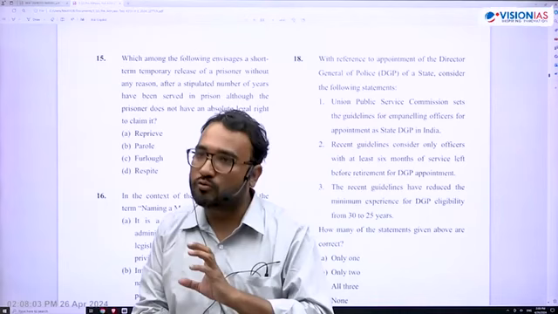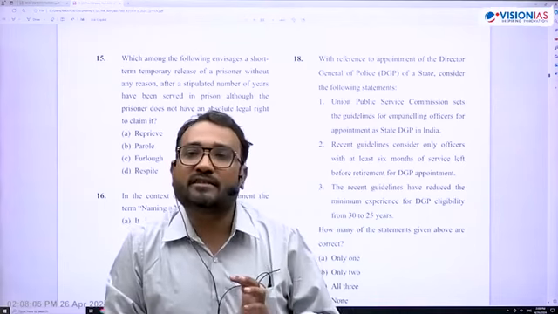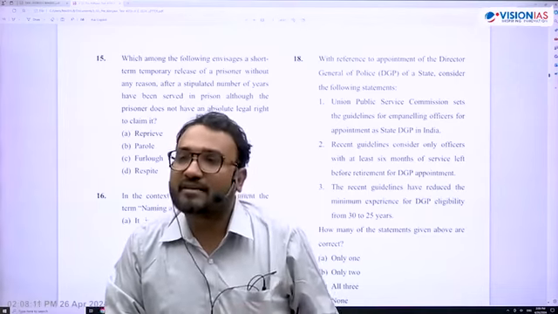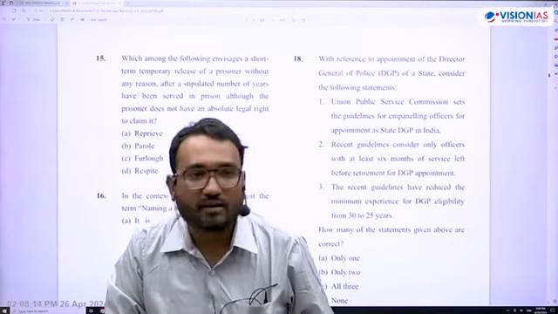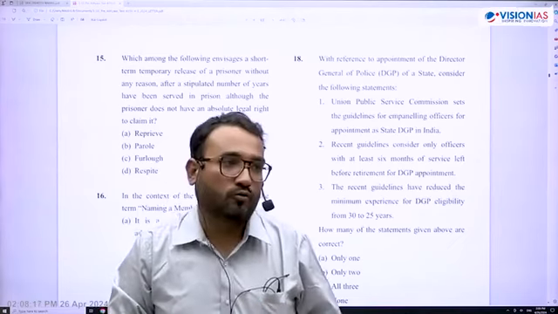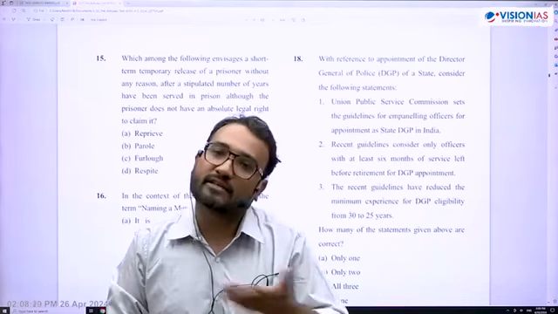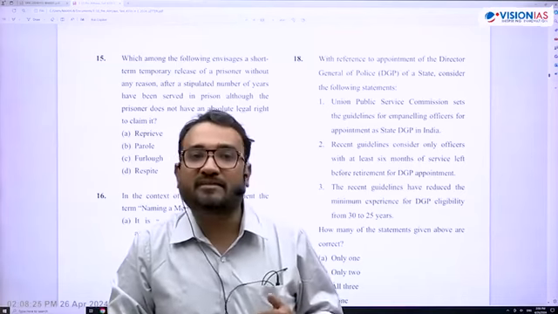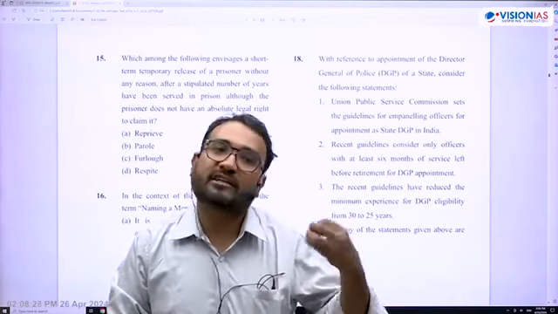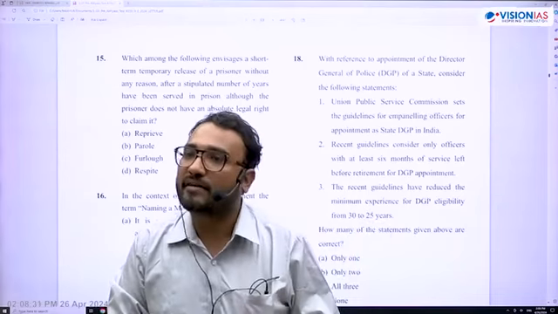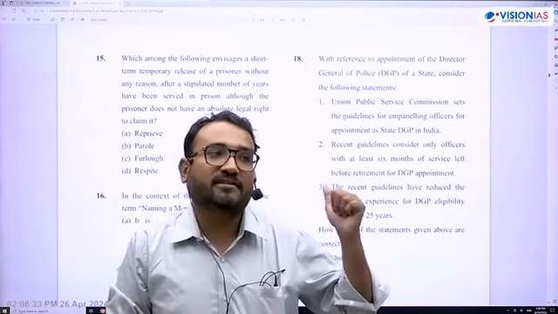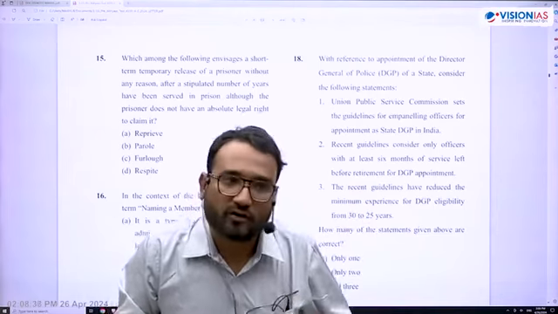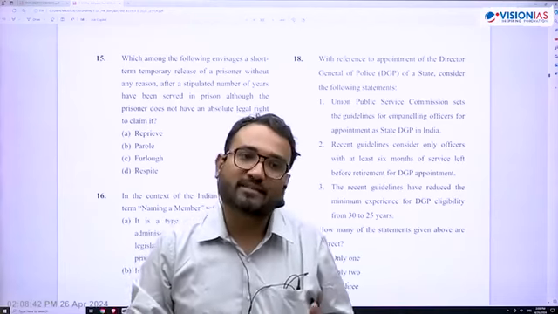Always remember, if you go through the last question papers, whenever UPSC uses an extreme situation, it is saying that there is no absolute right. You must understand, in the world there is nothing which is absolute. I have 5 fingers, including thumb. Hrithik Roshan has 6. So always there is an exception. So whenever UPSC says there is no absolute right, Article 17 untouchability aside, it is to a large extent absolute. Otherwise always you will find an element of restriction. So if UPSC is saying it is not absolute, it is actually a correct thing, because things cannot be absolute. There will be some or the other restriction.